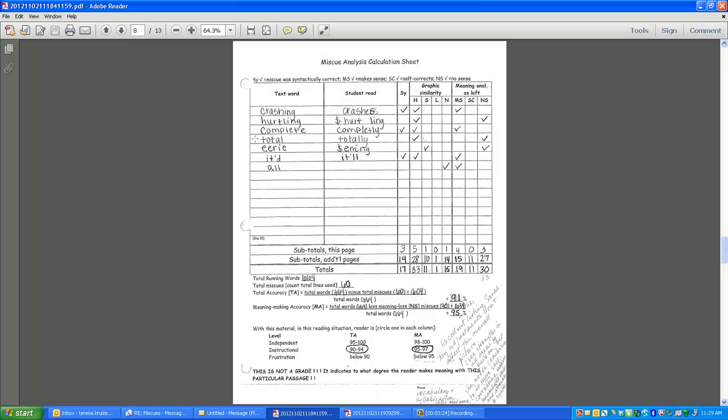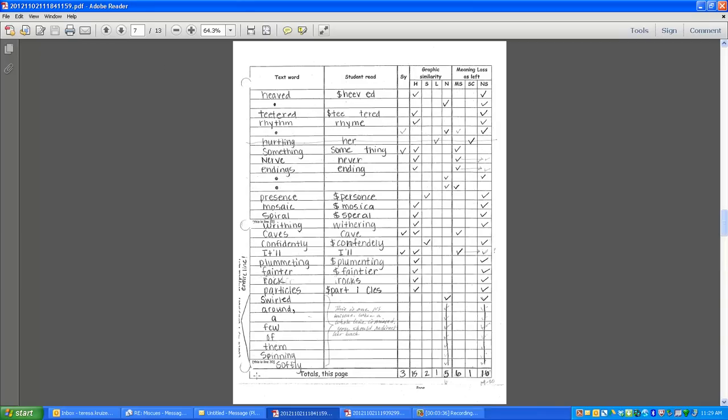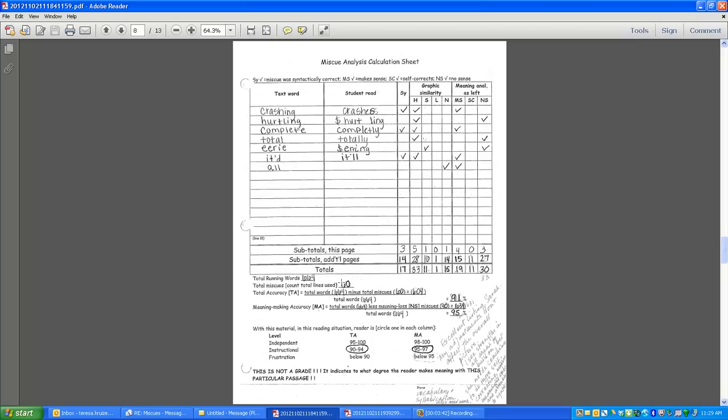You see how I'm counting: you don't count the boxes here. You're counting the lines here, because each line should indicate a miscue. So you're counting the lines to figure out how many miscues. So there are 60 lines or 60 miscues. Then you take the total running words, 664 minus 60 to get 604, divided by 664 to get 91%, and that is the total accuracy,